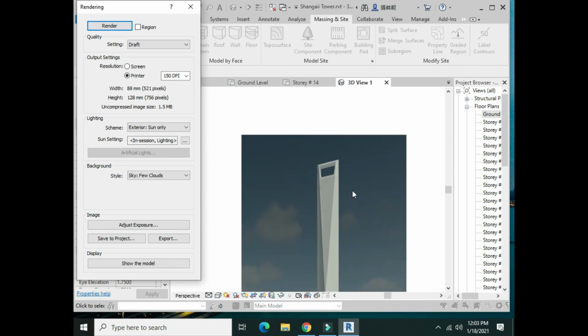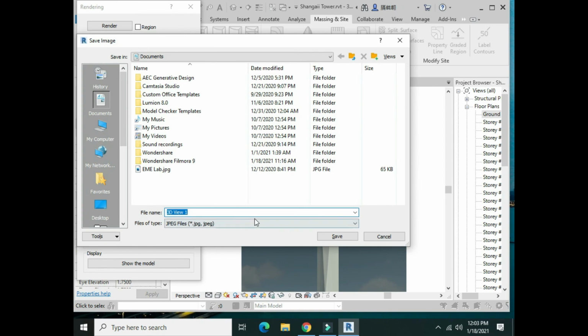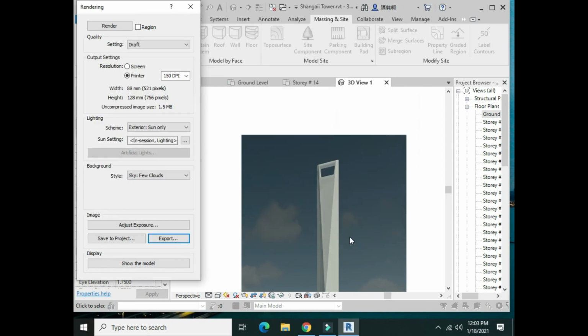Now there is one more thing, that the Shanghai Tower is made of glass walls, curtain walls. You can also place curtain walls for an actual and appealing look by going to massing and curtain system. So you can also use that for a good and proper look. So I can export this image from here, and then it is going to be saved. So my image is saved now, and then I can close it.